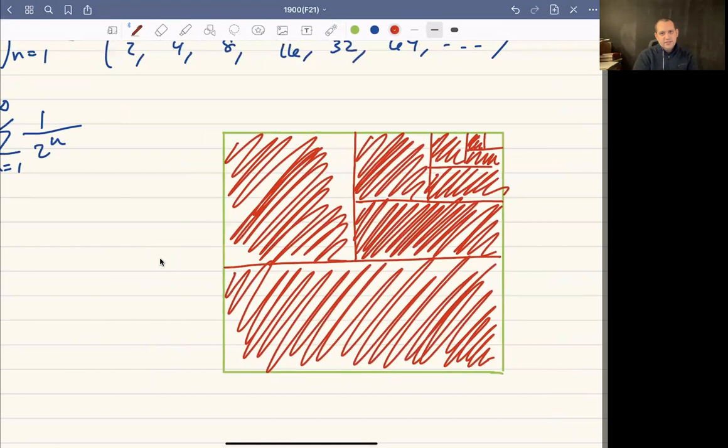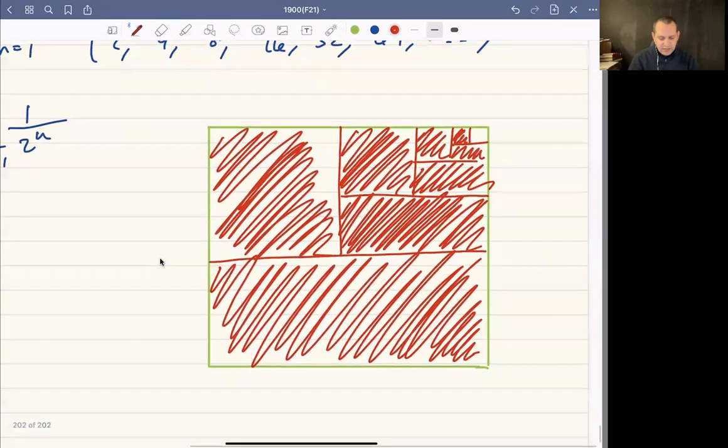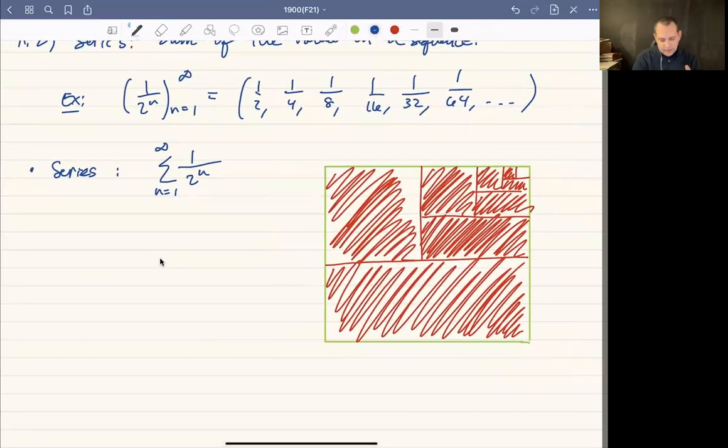If you wanted to make sure that this is like 99.999% filled in, you just have to do enough terms until you get there. And so eventually we're going to fill up the entire square. That's going to be 100% of it. So I know that eventually we'll get past 99.9% or whatever number I said before. So that's this geometric series. It is called the geometric series, but for reasons that we'll talk about later. It's just that there's a nice geometric picture that goes with it. So this series with this nice geometric intuition, what we seem to have just shown is that the series is 1. Okay, so the series adds up to 1, and that turns out to be true,